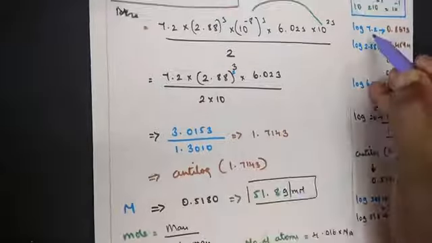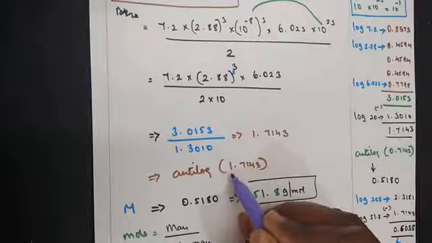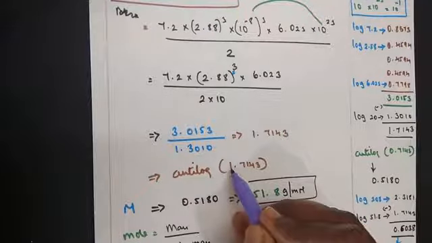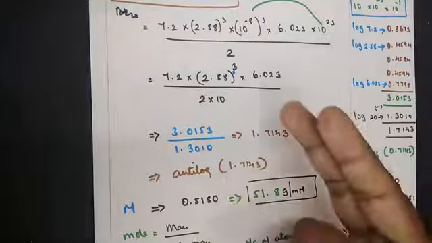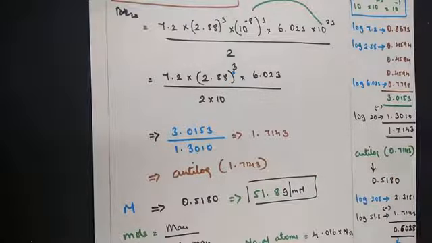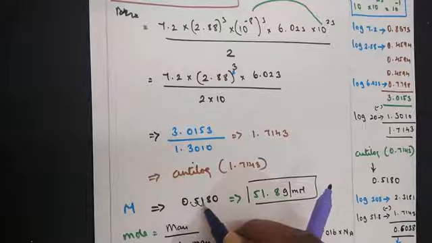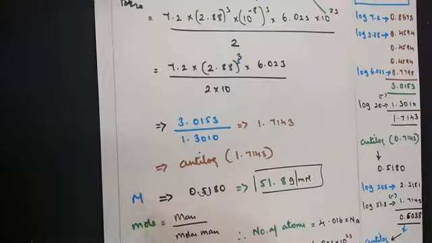I have also told you one more clue in the videos on calculating log and anti-log. In terms of log, we subtract one number before the decimal point. In terms of anti-log, we add one number before the decimal point. So 1 you've got. If you add one more to it, it becomes a 2. Move 2 places, from 0 to 5, and 5 to 1. So your final answer will become 51.8 gram per mole. So this is the molar mass.